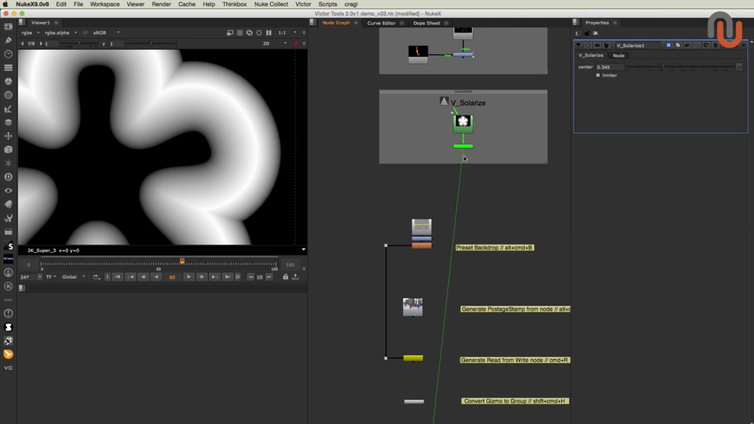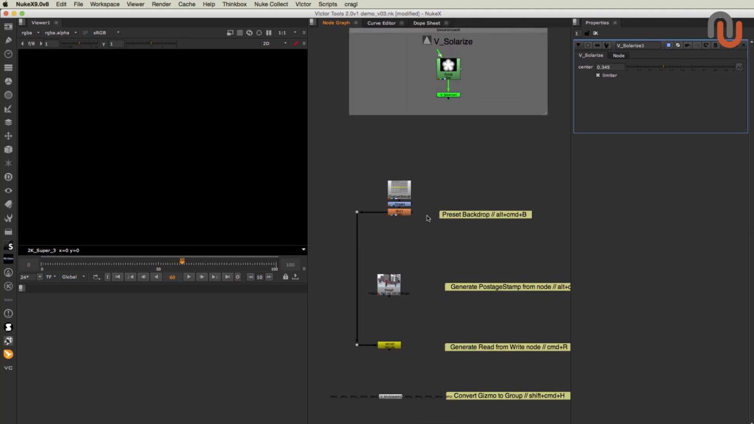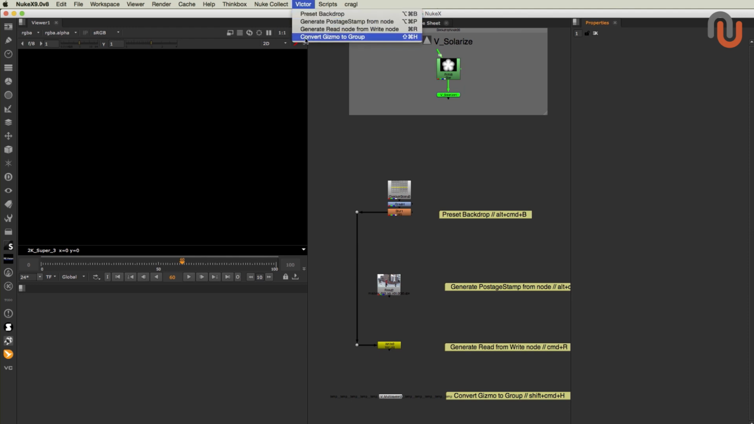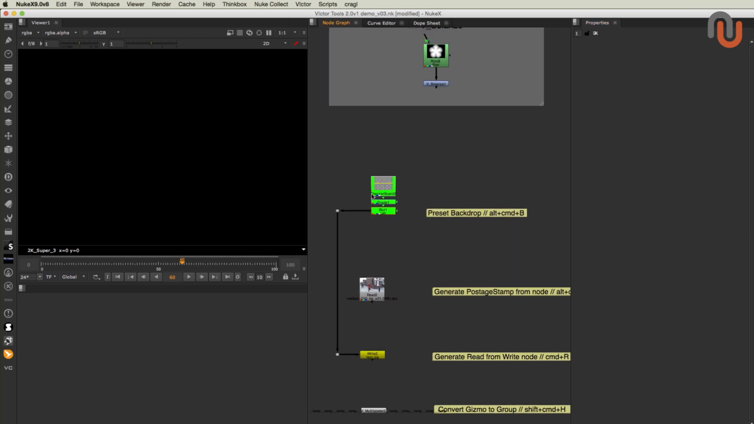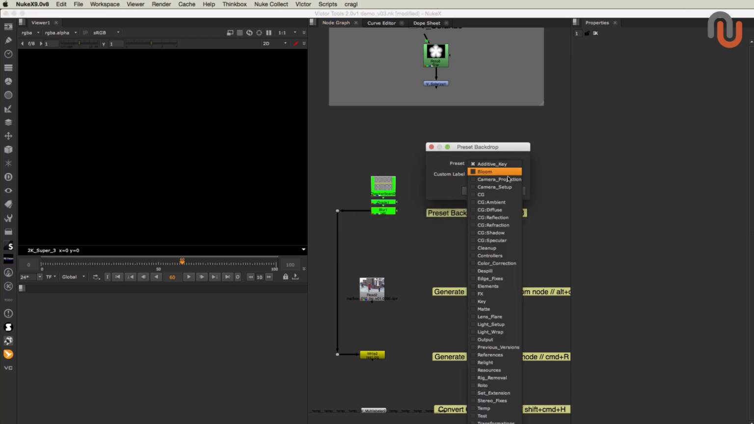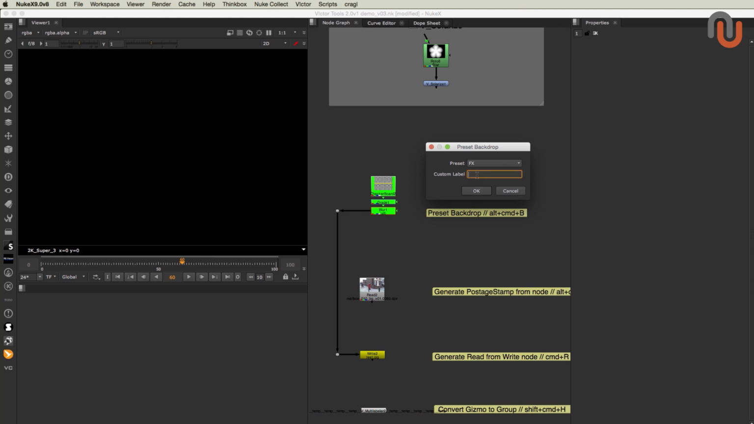But as if all of that wasn't enough, Victor provided us with 4 more awesome scripts that you can either access over the upper menu where it says Victor, or by using the shortcuts he applied to these scripts. The first of these scripts lets you create a custom backdrop by selecting your notes and pressing Alt, Command, and B. It has all of the backdrop presets that we can find in the multi-labeler,